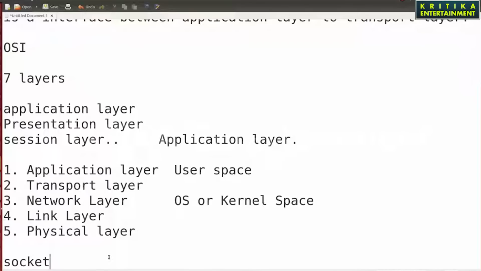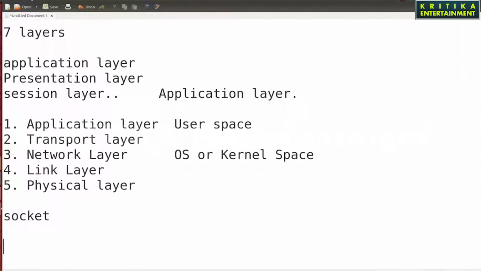It has read and write operations. Before we understand that a socket is a temporary file, we will first draw the OSI model.